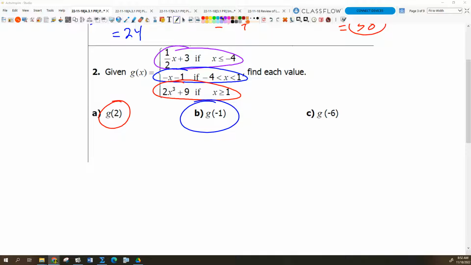And then how about part C? Where's that one going? Middle. Is -6 greater than -4 and less than 1? Top, there you go, good, because it's less than or equal to -4, isn't it? Okay, everybody give me thumbs on that. Does that make sense? Okay, good. All right, and then last